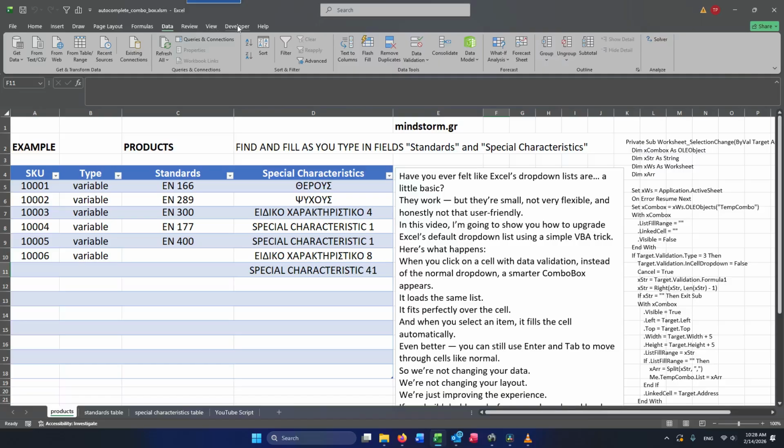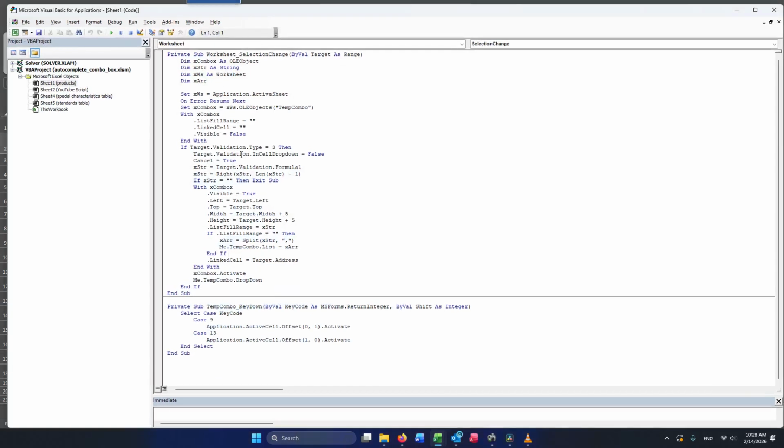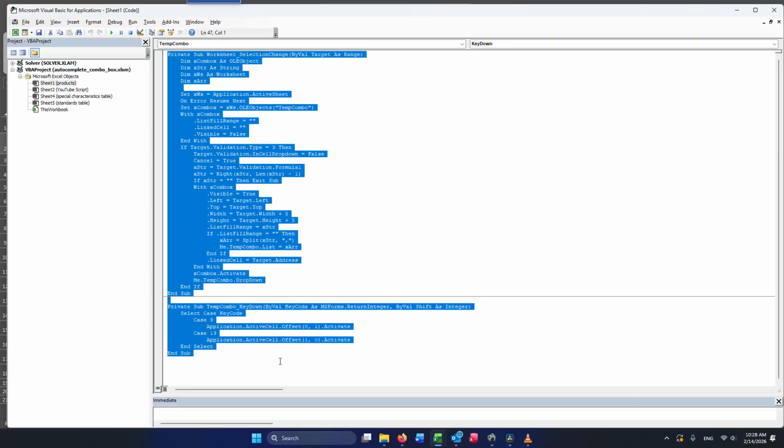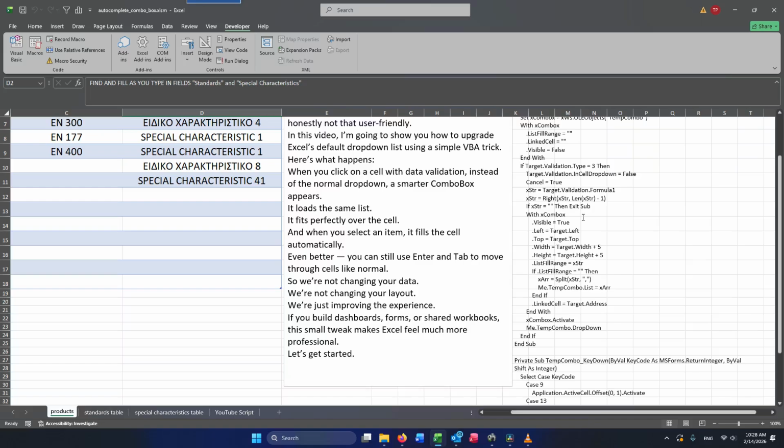The VBA code you need to use for this is this one. It's shown here as well,